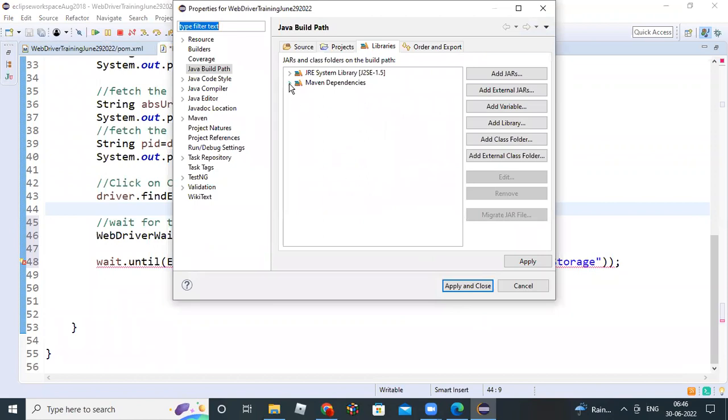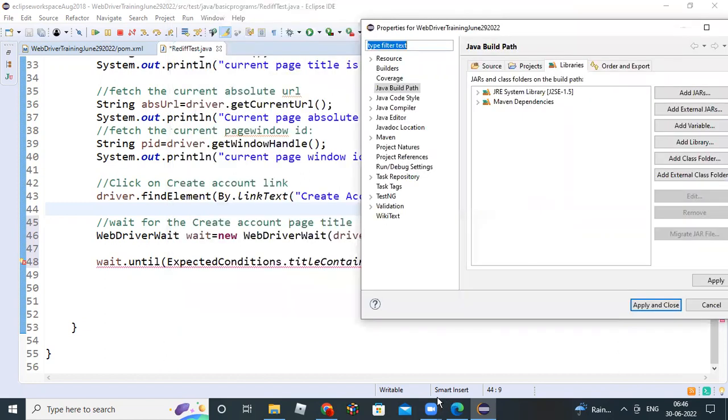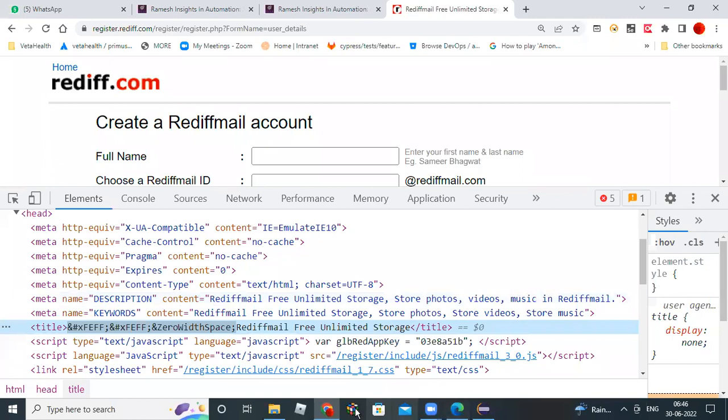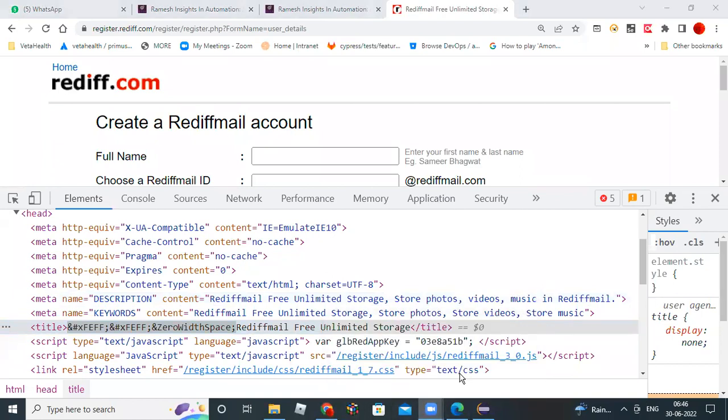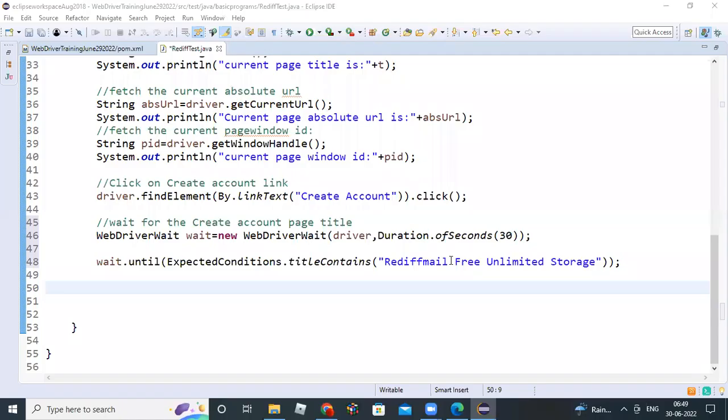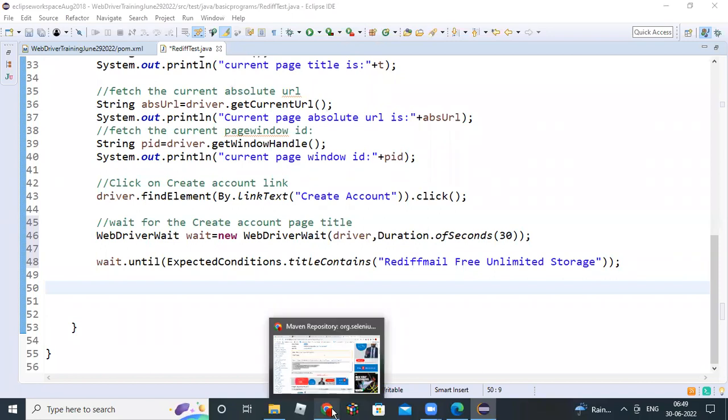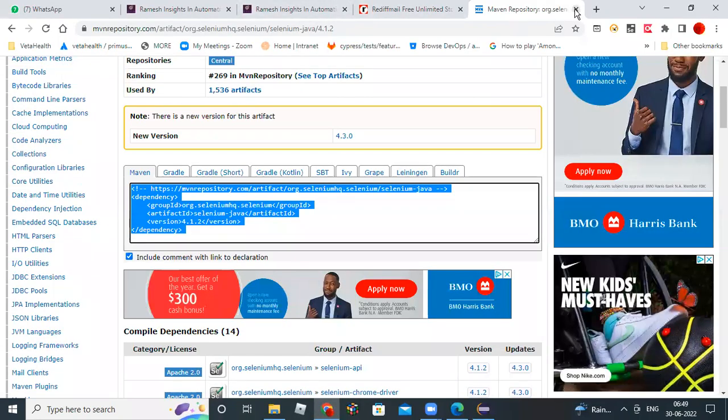Maven dependency. Is the issue. So the next step is